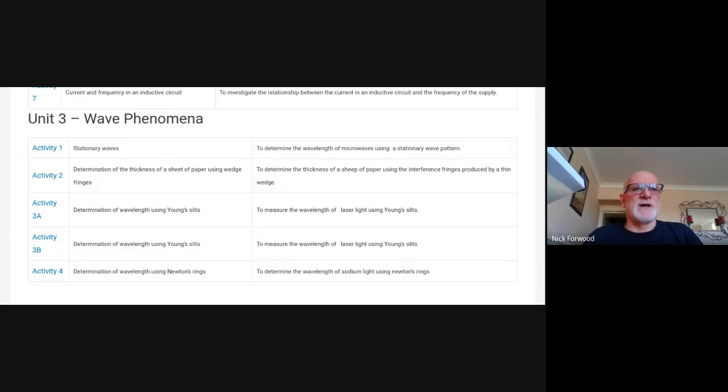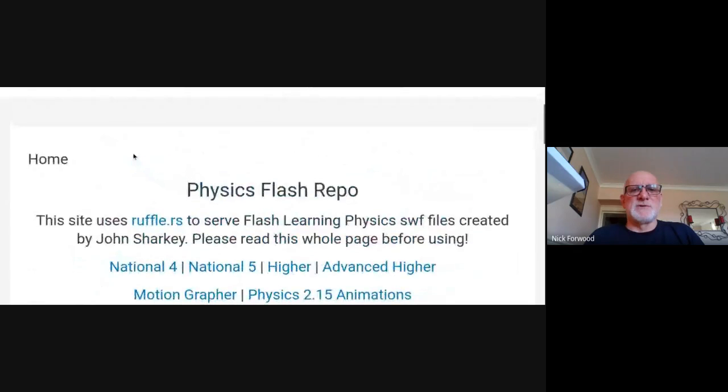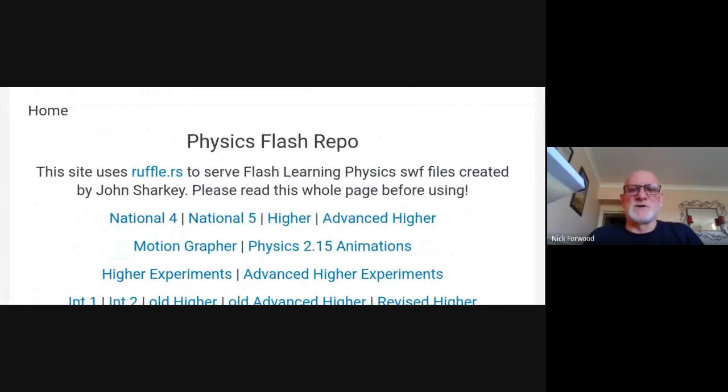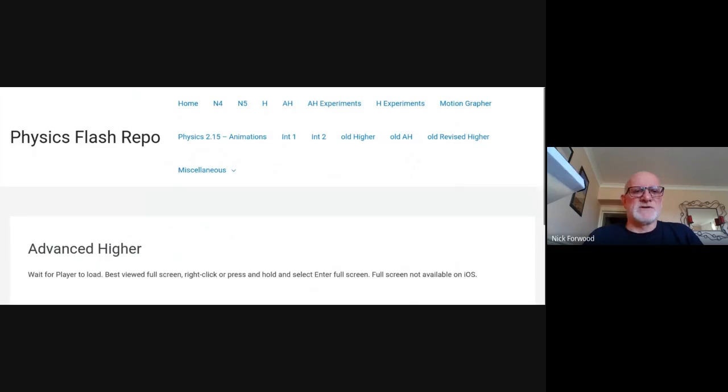So if I go back into the main bit of the program, this is where you should see, once you've logged in, try and save your password. So we've got the advanced higher experiments here. That's the things we've just been looking at. But there's also this separate section, just labeled plainly advanced higher. And if we have a look at that advanced higher section, if it's going to work,